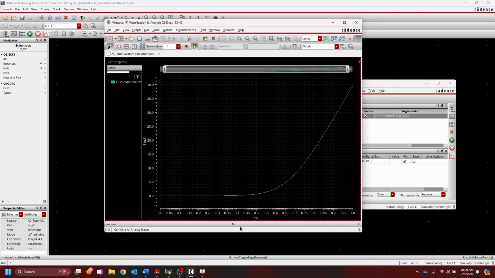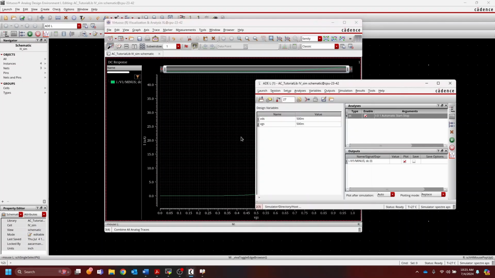So right now we can only define one variable to sweep on our x-axis, but we can actually define a second variable to repeat the simulation multiple times. So this is done with VDS equals 500 millivolts. If we wanted to do 250 millivolts, 500 millivolts, 1 volt, then what we can do is go to Tools, Parametric Analysis,